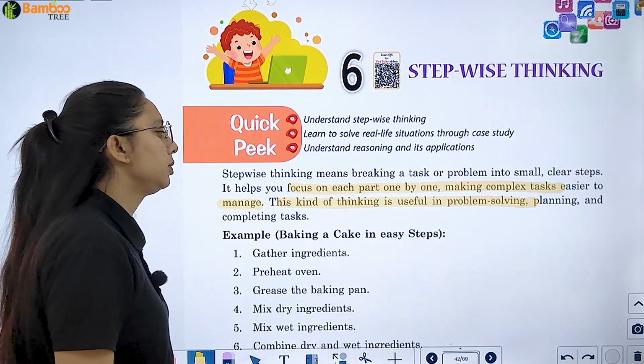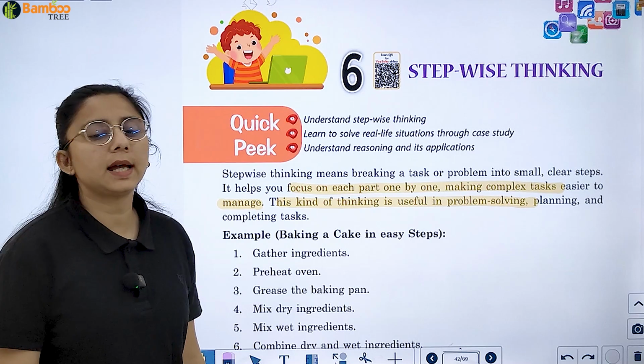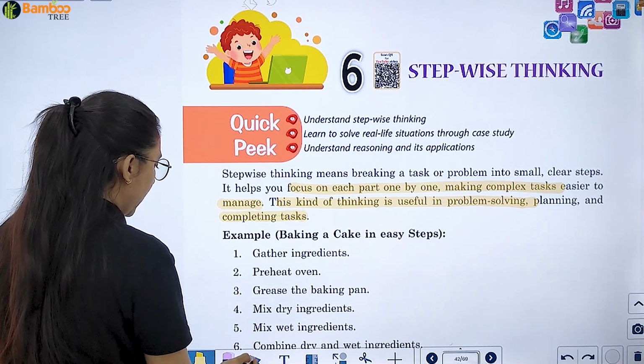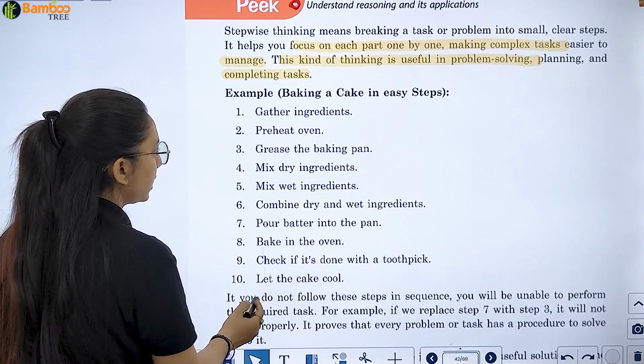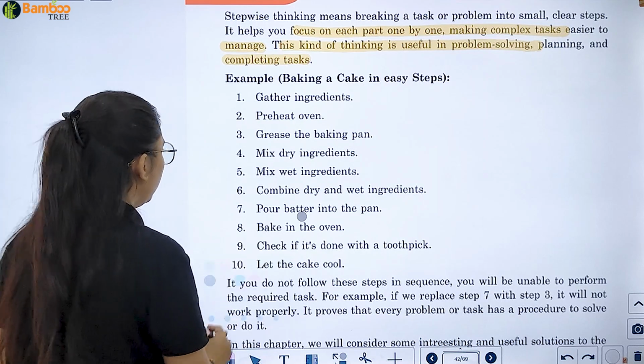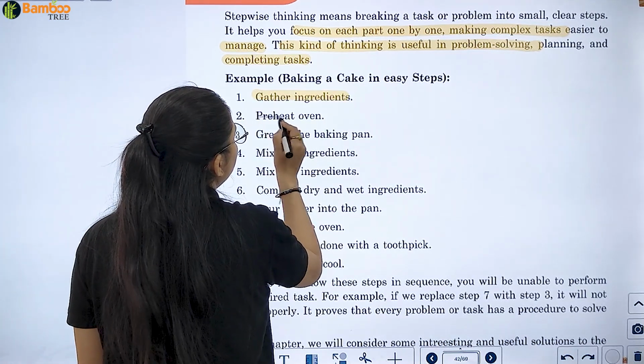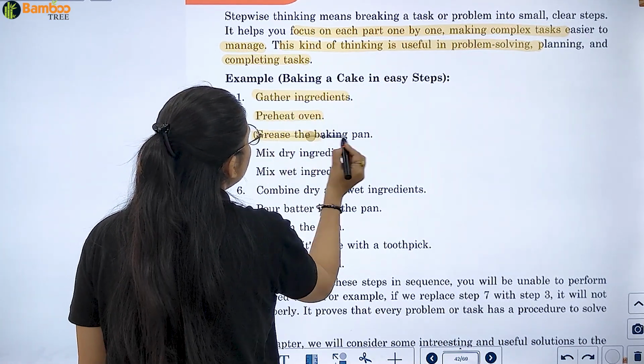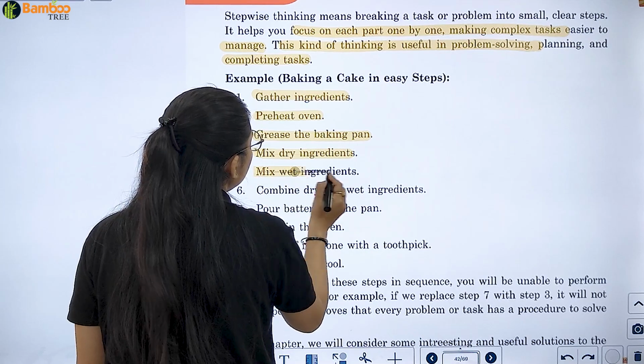This kind of thinking is useful in problem solving, planning and completing tasks. An example is baking a cake in easy steps. What you will do: you will gather ingredients, preheat the oven and grease the baking pan, mix dry ingredients, mix